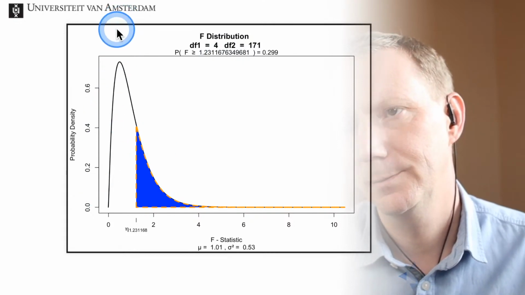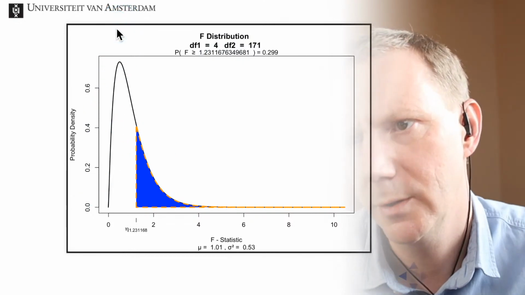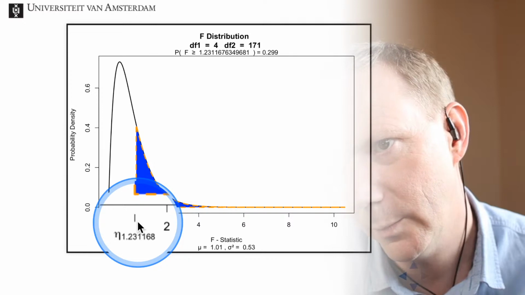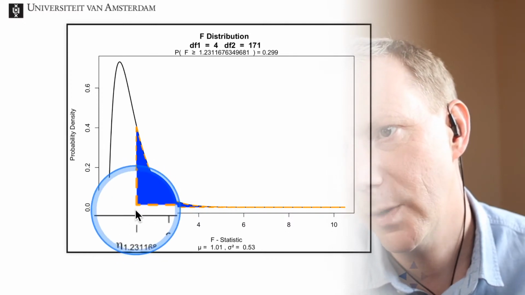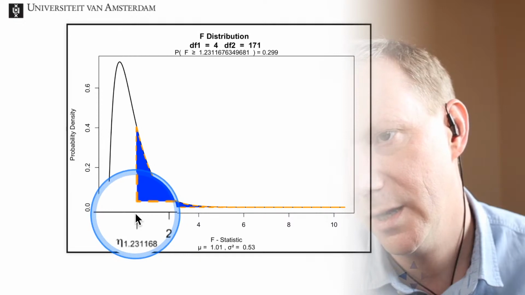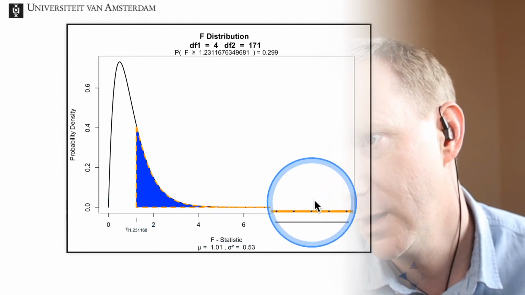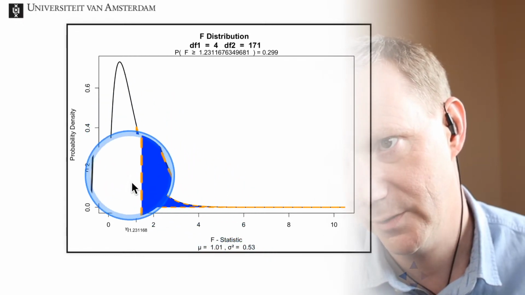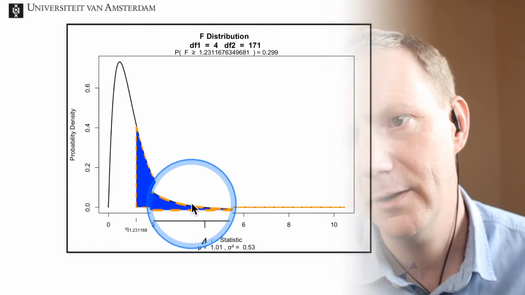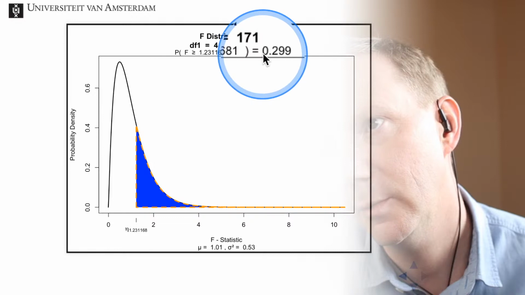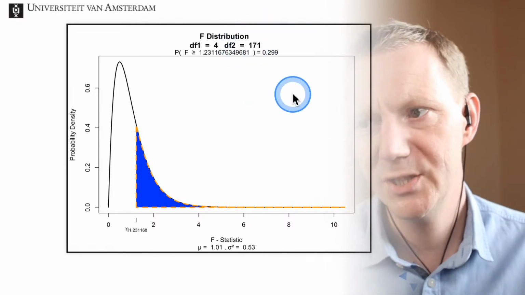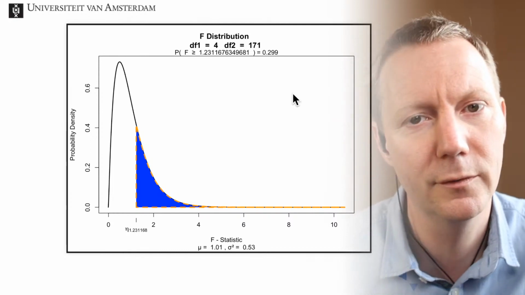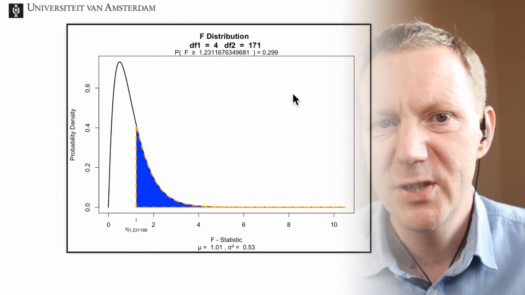And that results in this null distribution, where we find our found test statistic to be here at 1.2. And we see the probability of finding such a test statistic or more extreme underneath the null distribution up until this point. So it's the blue area. And that area, that probability, is equal to 0.299, which is higher than our 5% that we could choose for our alpha level or for our type 1 error, which means that,